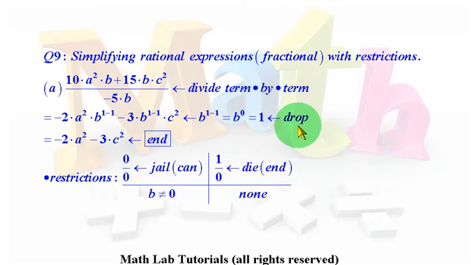so it drops out. But still, even though it drops out, we've got to be very careful in terms of restrictions. So we wind up getting a minus 2a squared minus 3c squared. I declare this to be the reduced form of the original problem, except that's not really the end of the story. That's the end in terms of the simplified form, okay, but it's not quite the end of the story until you impose restrictions. If you go to your calculator at this point and punch in 0 divided by 0,